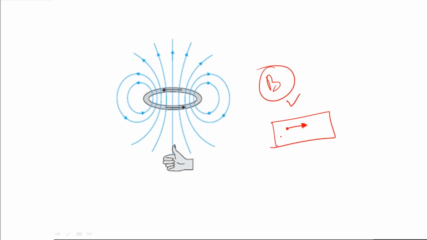You have either a current loop or an intrinsic magnetic dipole. That means you have both north and south pole for a single unit, and that unit is the source for magnetic field. So I think with this I'll stop this class, and